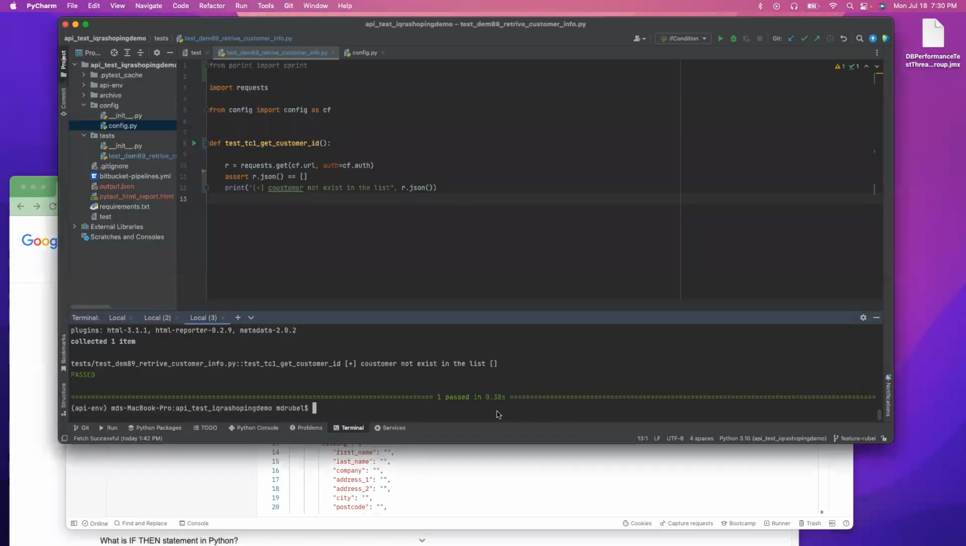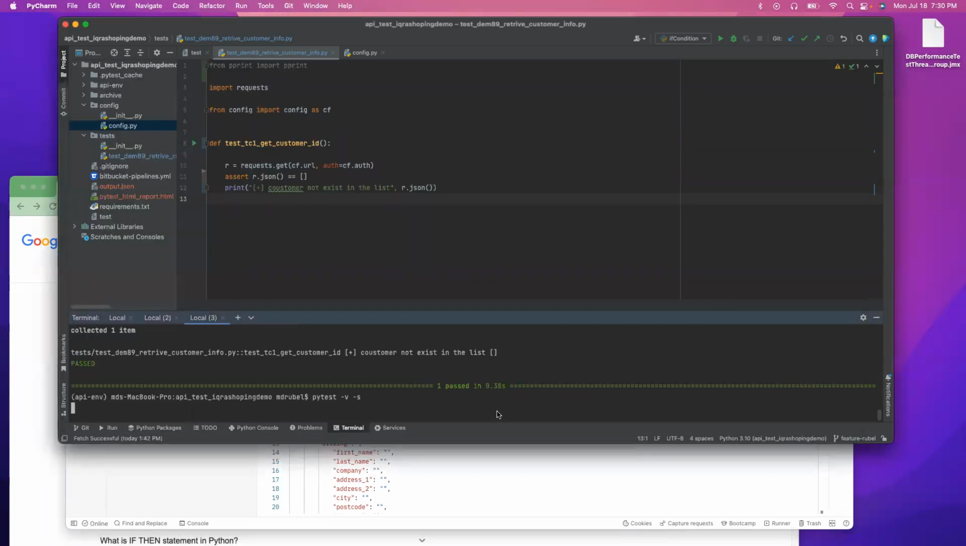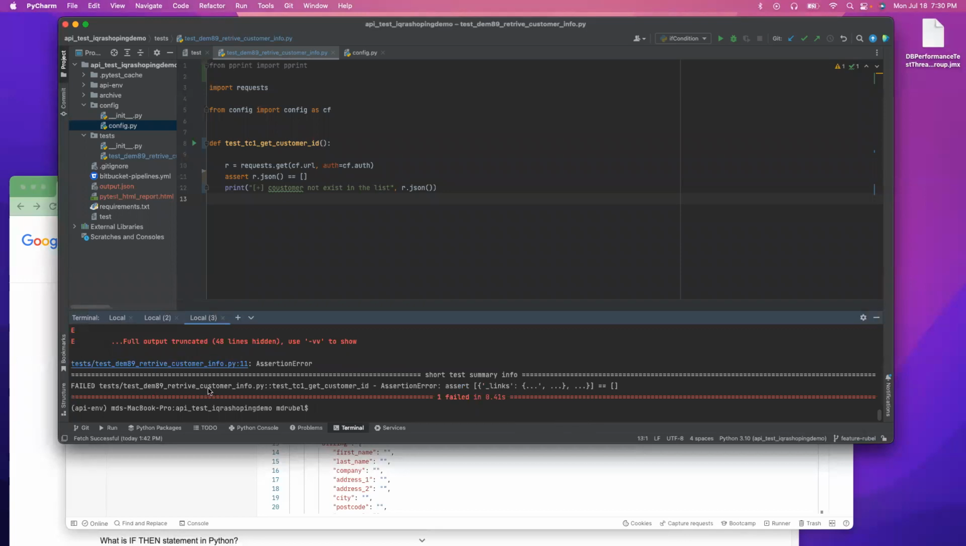So now if I run again, you see we get the assertion error, which is expected because our list is not empty anymore. So that means the code we have right here is not handling this case, right? So that's the reason for the if elif condition that we are going to use. So now let's dive into the if, elif, or else